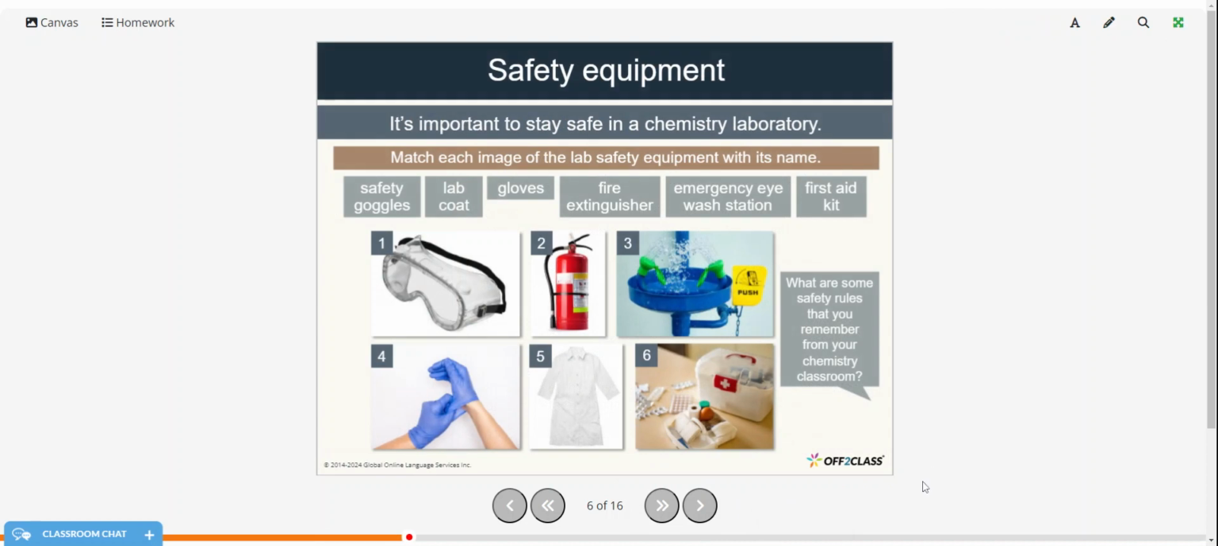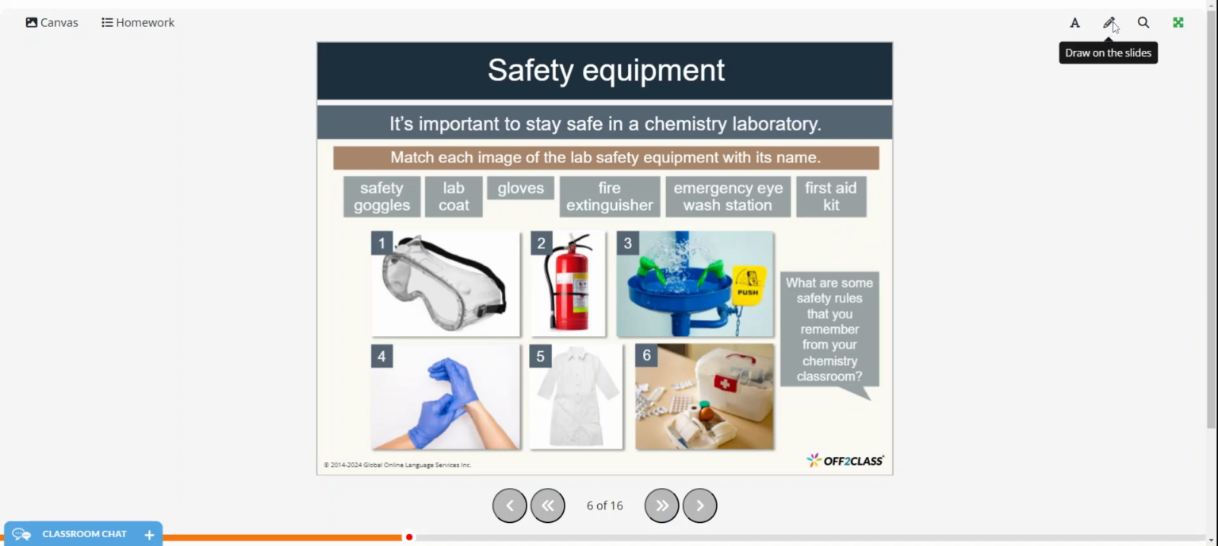All right, and it's important to stay safe in a chemistry laboratory. So we're going to look at the different kinds of safety equipment. So go ahead and see if you can match the pictures with the correct word or phrases. Again, you can pause the video and try that on your own, and then restart when you're ready to check